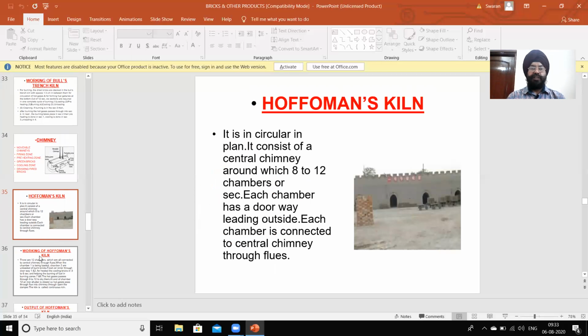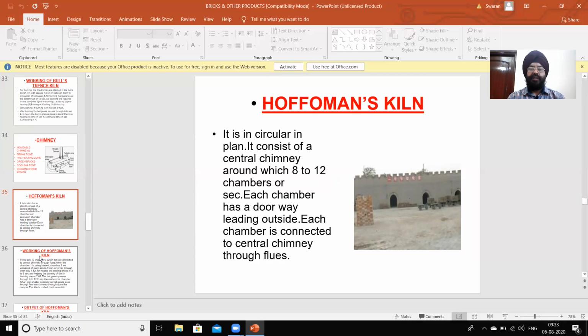So Hofmann's kiln is circular in plan. It consists of a central chimney, not shifted, placed at one place at the center, around which are 8 to 12 chambers or compartments or sections.